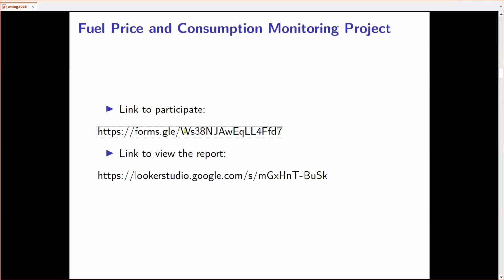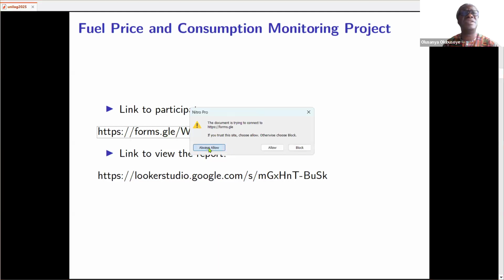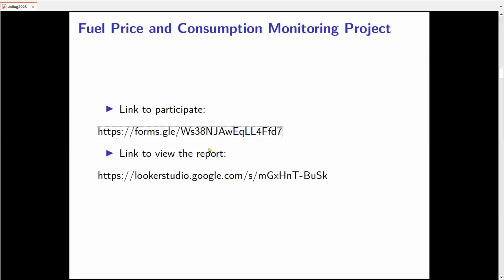So this is the form. It is fuel price and consumption monitoring. It's basically for car owners.